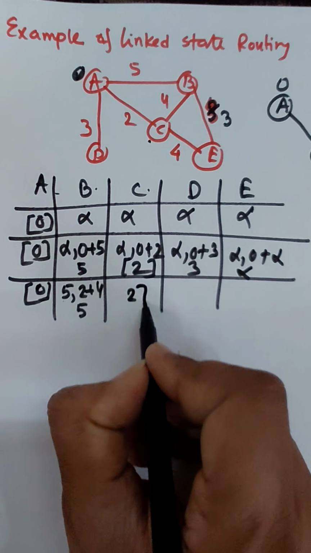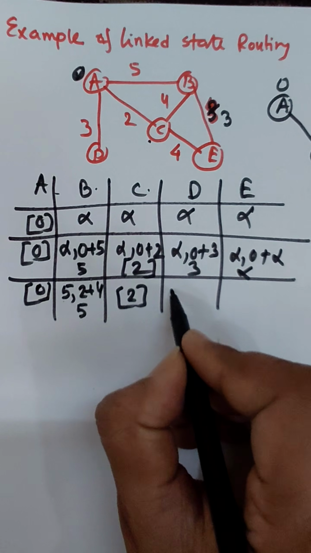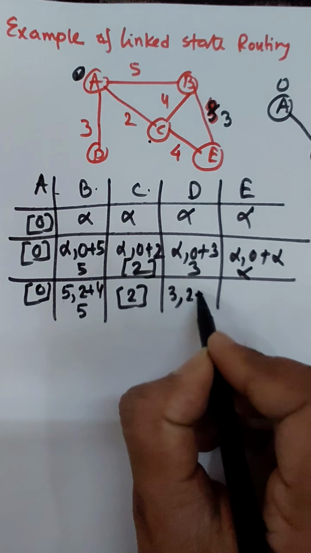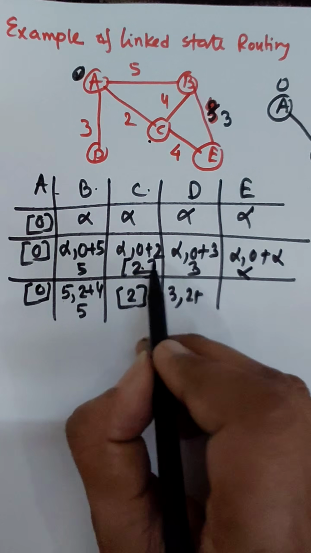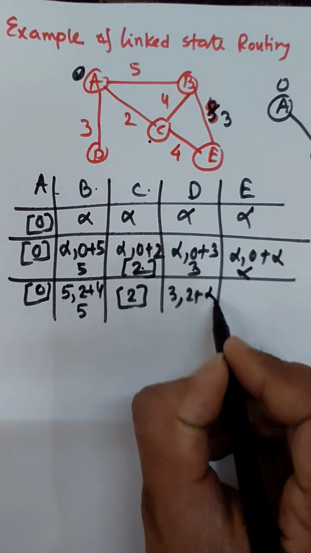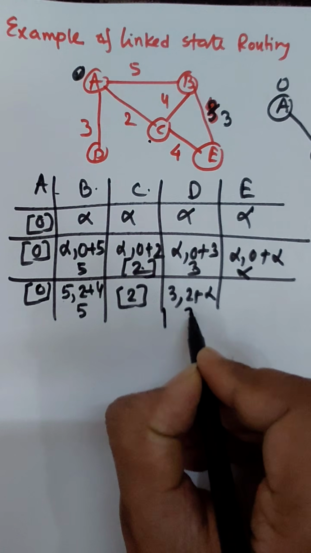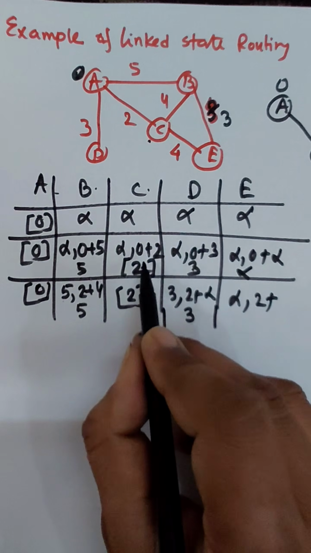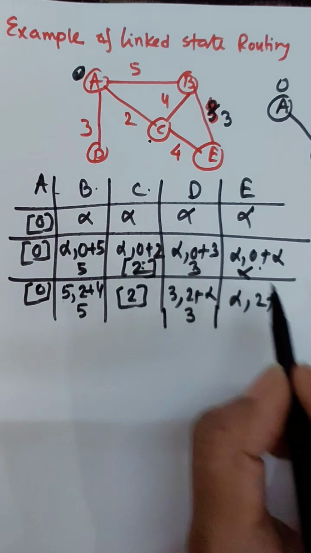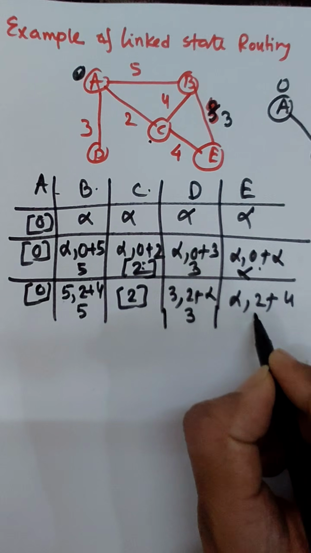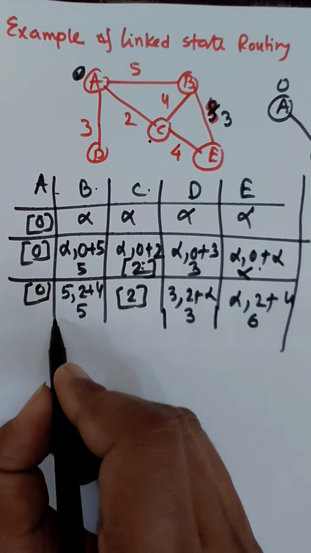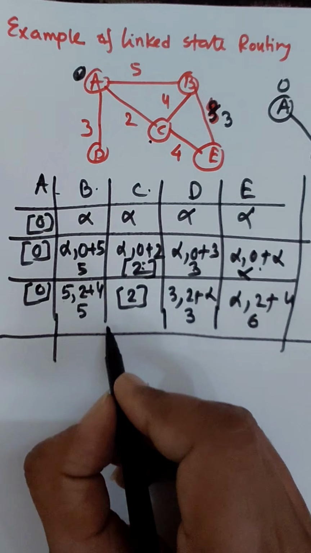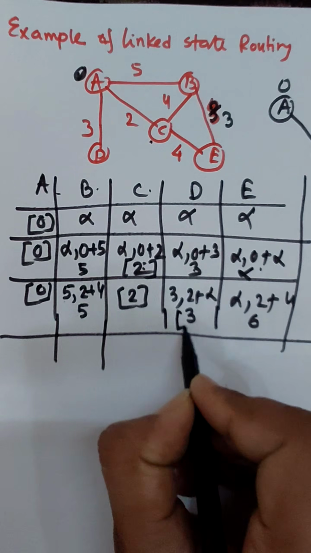Now this is permanent. Now 3 is the old value, 2 is the minimum, and distance for C to D, there is no connection, this is infinity. 3 comma infinity is 3. Now this is infinity, and 2 plus C comma E, there is a connection between C comma E, that's 4, and minimum is 6. Now in this stage the permanent minimum is 3, and that is D, so D